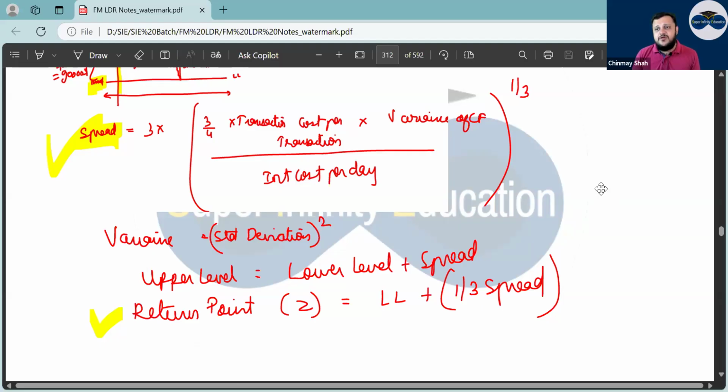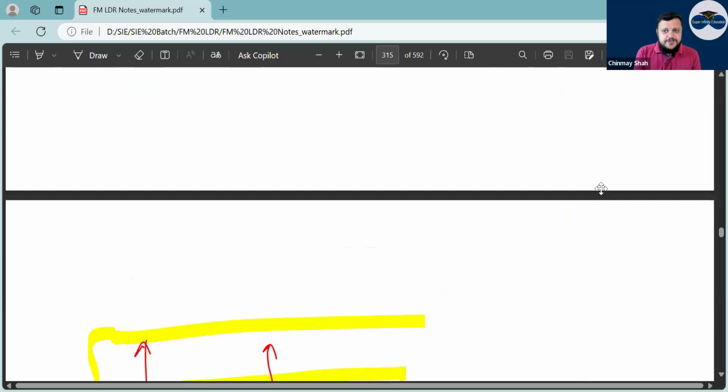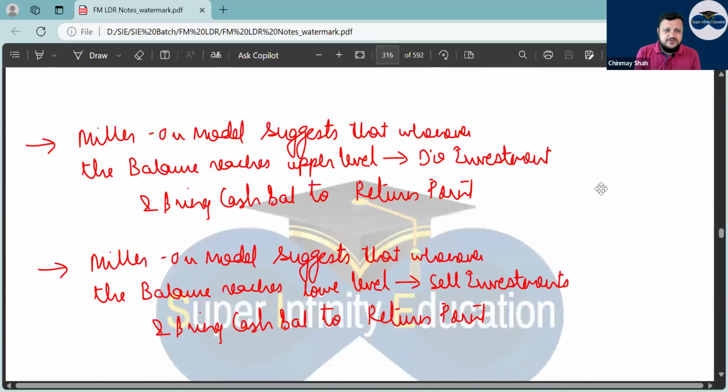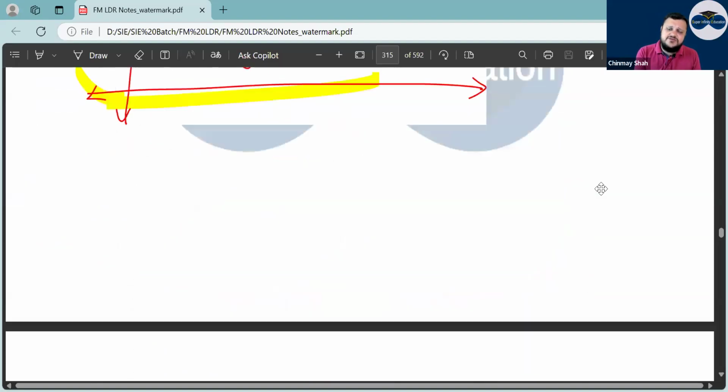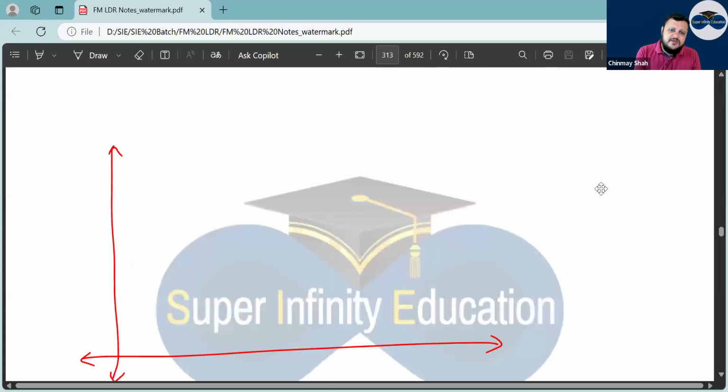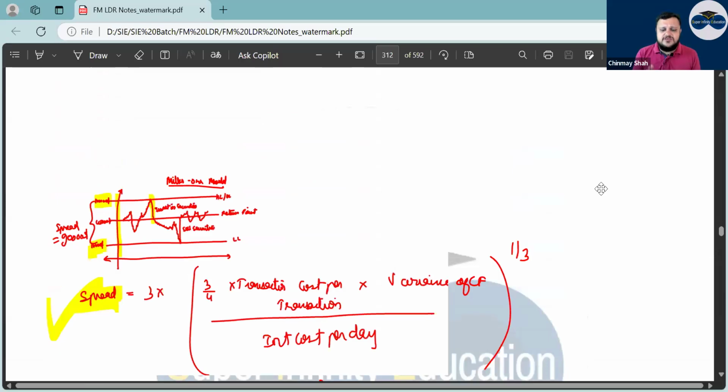Remember, there are variations of questions that are asked on interest cost per day. It is the opportunity cost that is lost, right? Interest cost per day will be the cost of borrowing. See, there is one question, I would have taken the question as well. The variance of cash flow. Miller suggests that whenever the balance reaches the upper level, do investment and bring cash back. So, what does the Miller model say? If the extremes are touched, if it goes up or goes down, correct, it has to come back to the